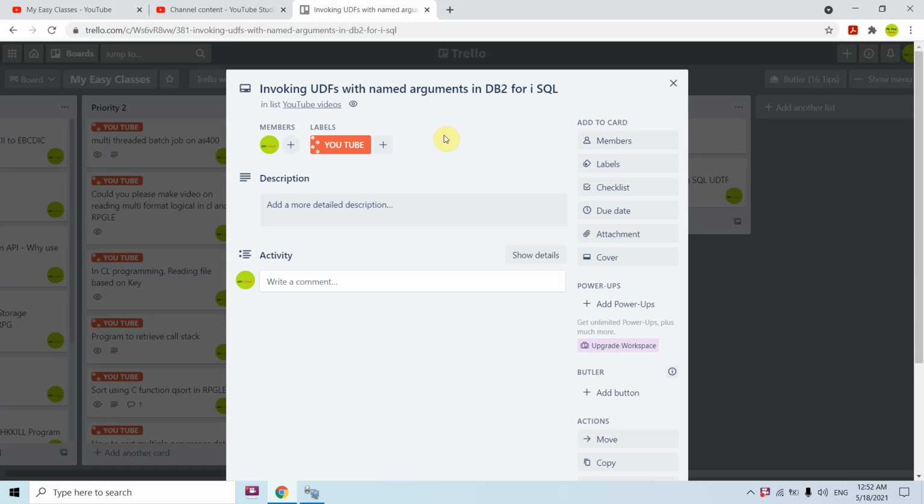When we call any SQL function, we pass values to every parameter of the function. This time the topic is not about values, but about named arguments. Whatever arguments we use in that SQL user defined function, can we pass them by name to our SQL function? That is the topic for discussion here, and let me show you the demo of whether we can pass named arguments to the SQL user defined function or not.